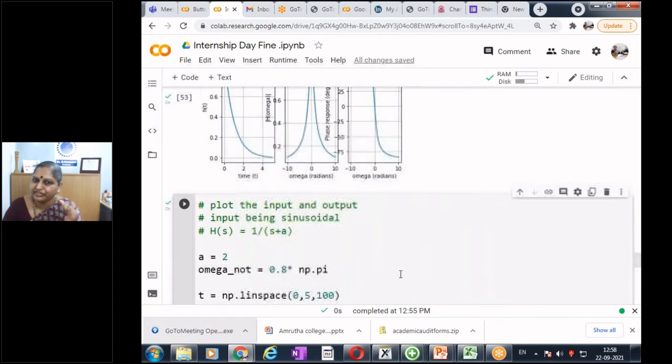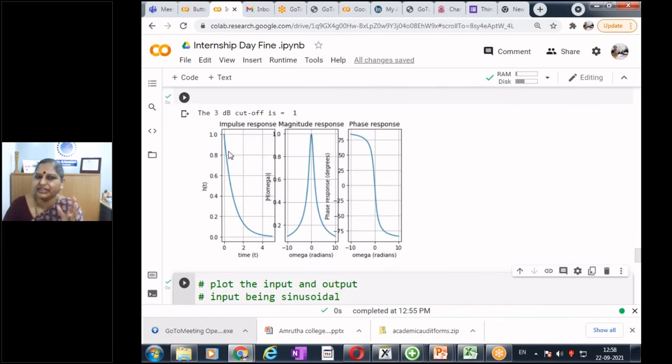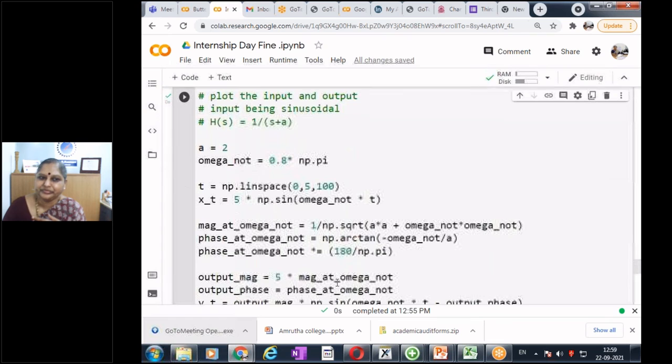And what about the magnitude and phase response? It is just to see, when I look at the impulse response, does it have any meaning? Step response has a meaning, but not the impulse response. Impulse response, we saw it, and then we can tell it's a low pass filter or high pass filter.